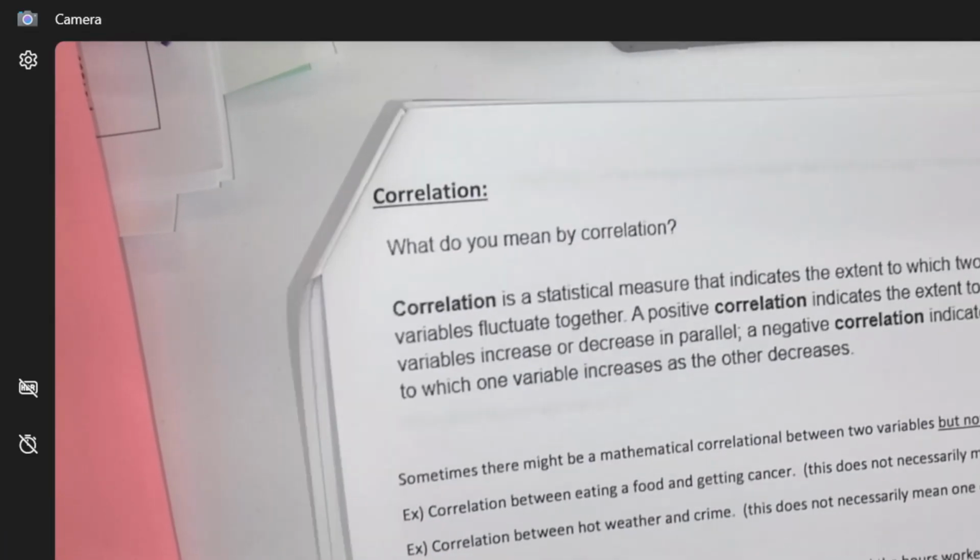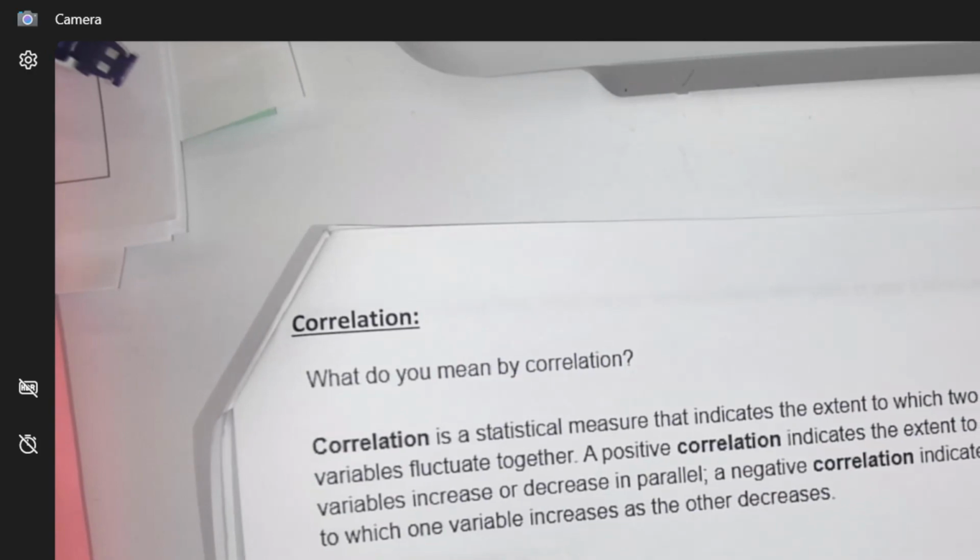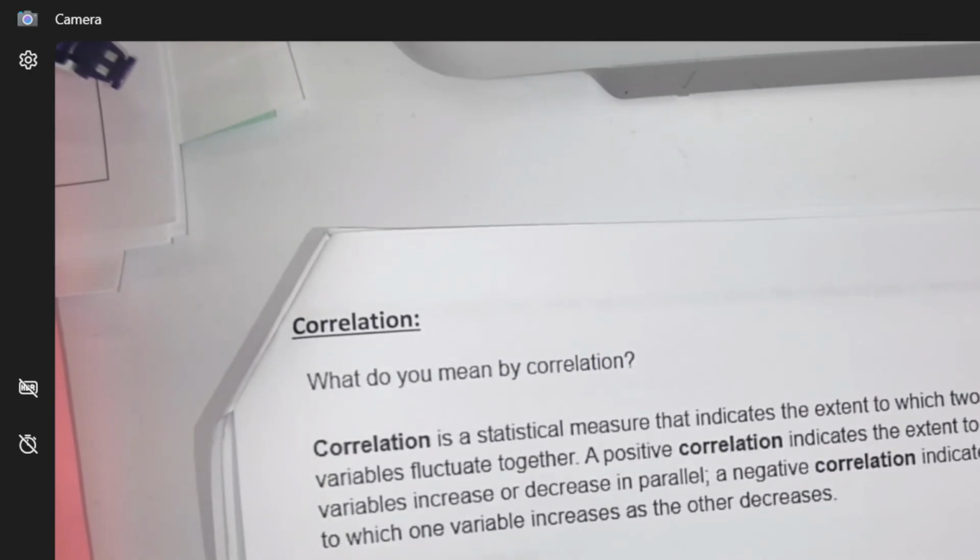Okay, today's lesson is talking about correlation. So today you're going to learn about what is an R value. Correlation is us just connecting two statistical items together. So sometimes two variables are connected to each other. Sometimes they're connected in a positive way, sometimes in a negative way, and sometimes they might not even be connected